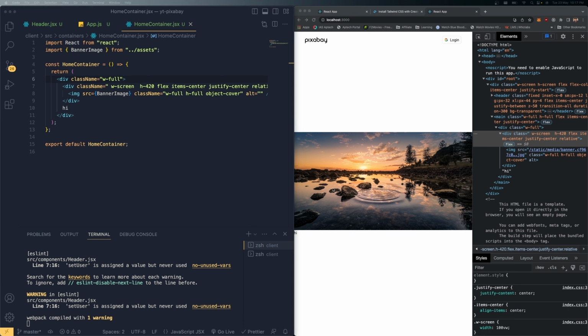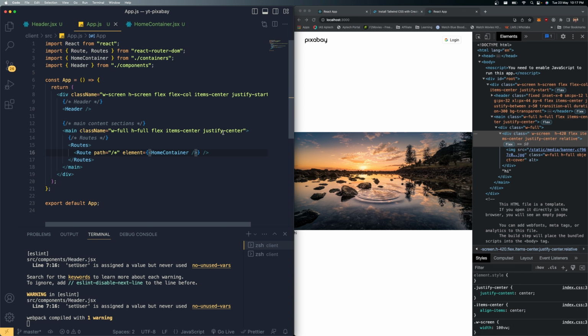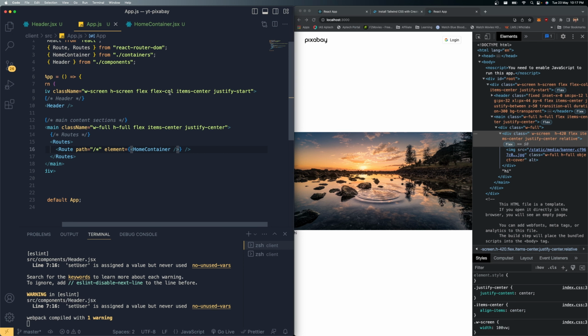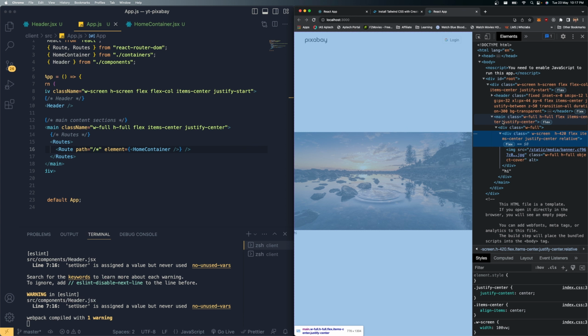Basically it's loading it in the center of the screen, but it's not supposed to be in the center of the screen, and that issue is probably because of our app.js. So maybe that mistake is coming from this: let's column item center and justify it in the starting location. Why is it coming over here now? This is the